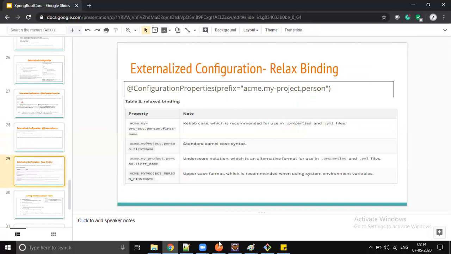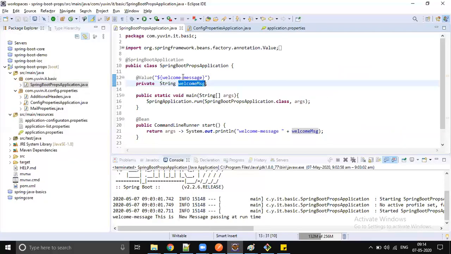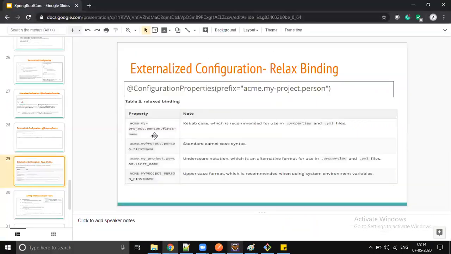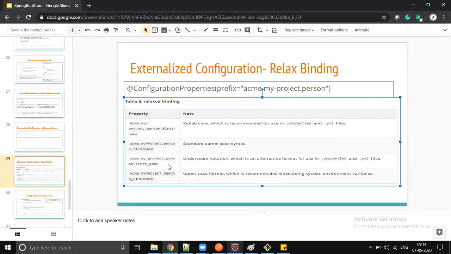For example, if your properties file has welcome-message with a hyphen, then you can load it as welcomeMessage. There is no problem. So hyphens, upper and lower case, underscores, camel case, and all-uppercase constants will be ignored.